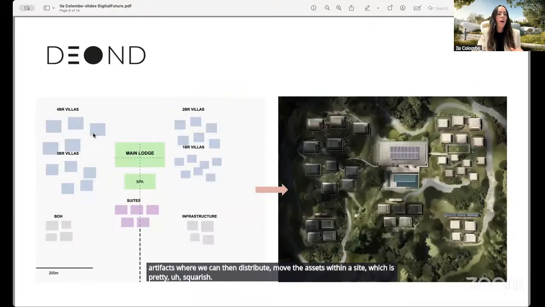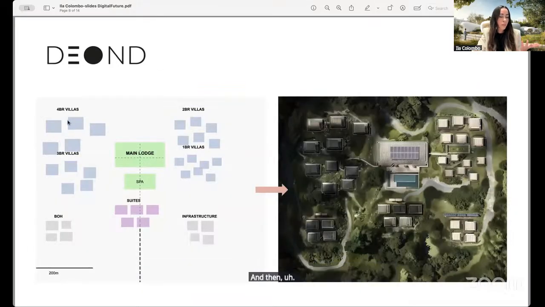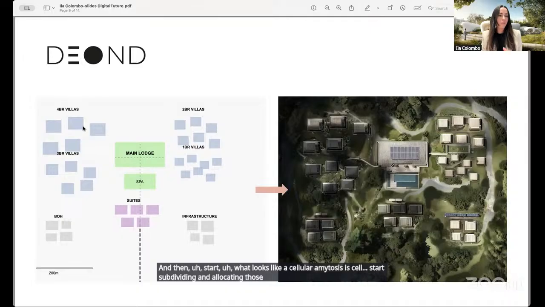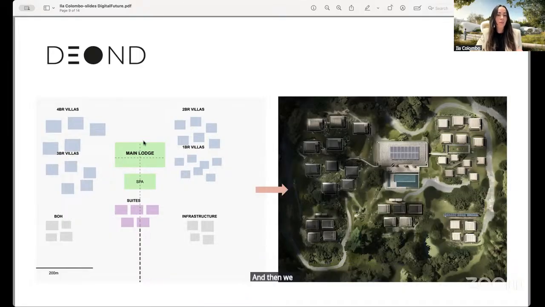And then we start what looks like a cellular mitosis, subdividing and allocating those areas, which are meant to be volumetric, but we know we have four-bedroom villas, three-bedroom villas, we have the main lodge, and so on and so forth. And then we literally take that very simplistic, rudimentary sketch, I would call it, or a schematic diagram, and we can visualize it instantly.